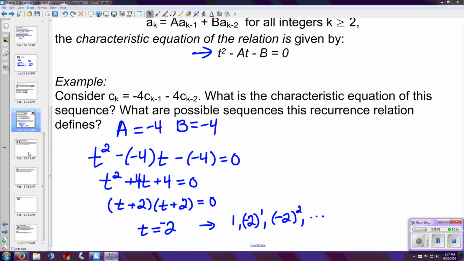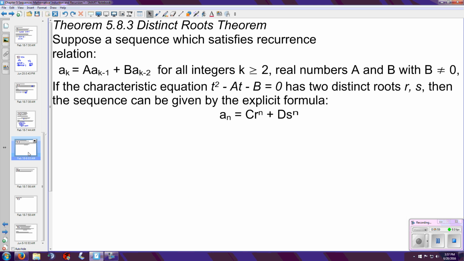Now, something that's kind of neat that we can use the characteristic polynomial for is to come up with some type of explicit formula for a recurrence relation we previously could not. Now, let's look at an example, and we're going to use what's called the distinct roots theorem. We're saying if we have this second order linear recurrence that satisfies our characteristic equation, and there are two distinct roots, in other words, not like the example we just saw,